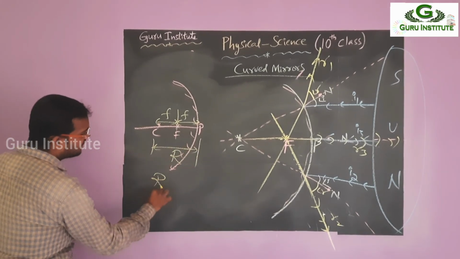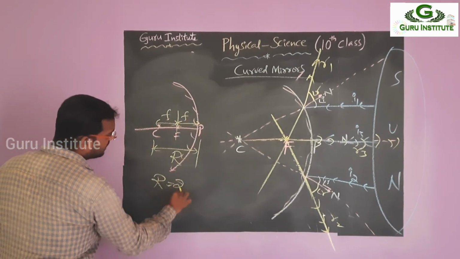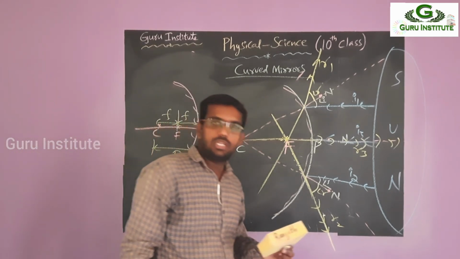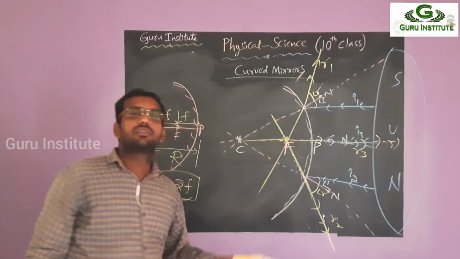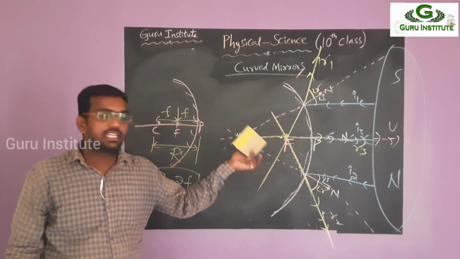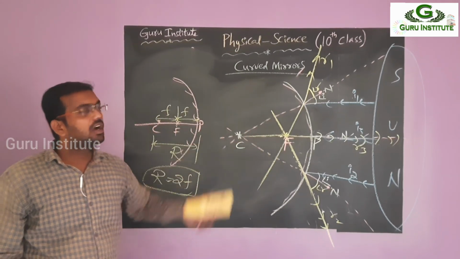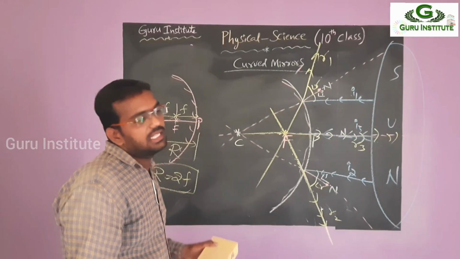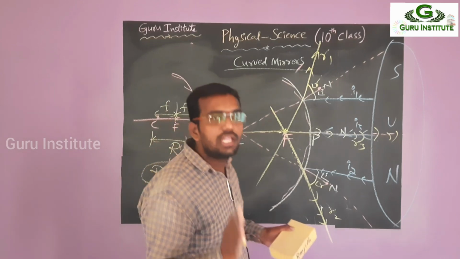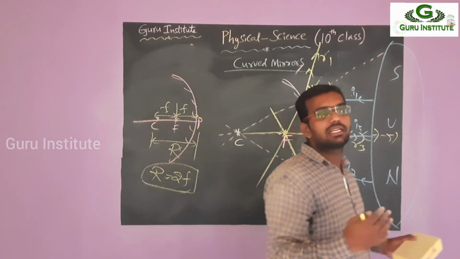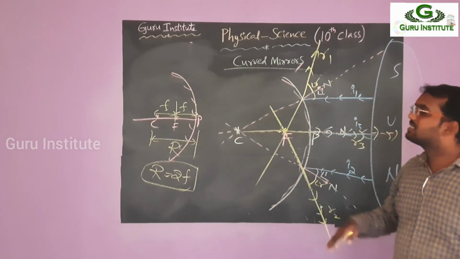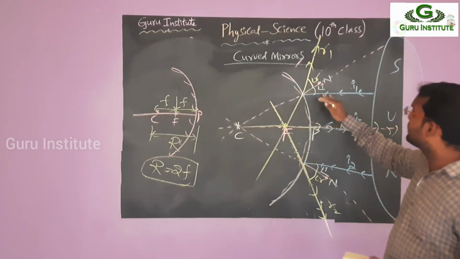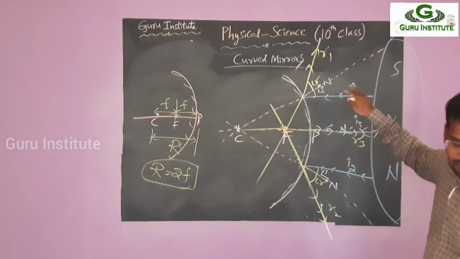From this, again R is equal to F plus F. What will you get, Nana? 2F. Again it's proved: R is equal to 2F. So this is about the nature of the image formed in the convex mirror. Both the mirrors are the same, Nana, but the simple difference is that in the concave mirror you get the image in front of the mirror, but in the convex mirror, you always get the image inside the mirror. That's it. Okay.